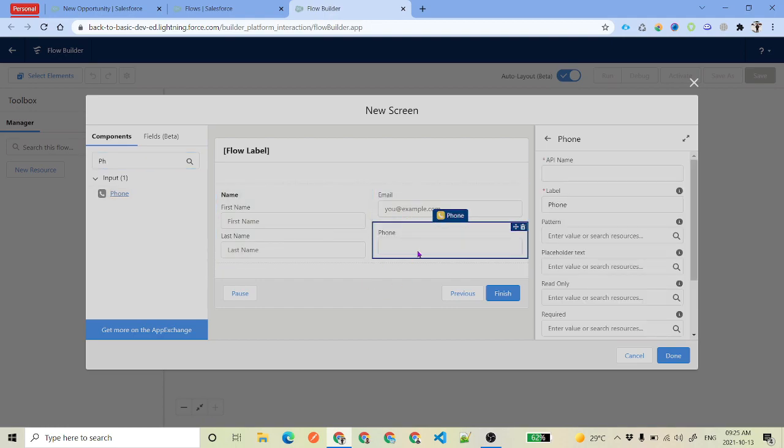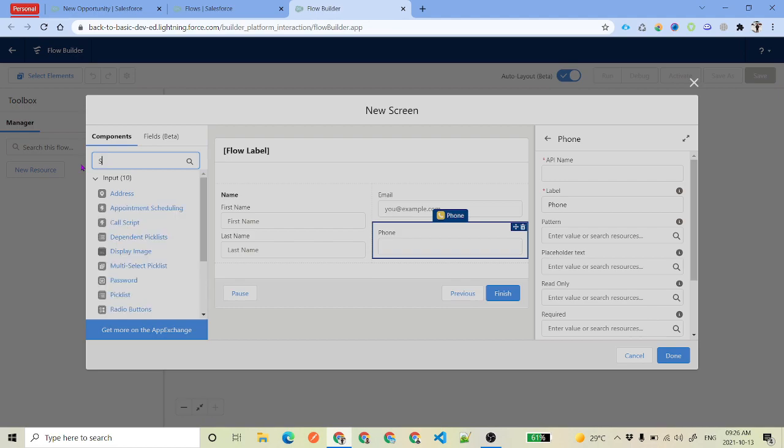The reason we are using two inputs is that this left hand side section has two inputs for the name, first name and last name. And then here we have got two inputs. And then what we can have is we can quickly have an address, or some sort of lookup for the account.